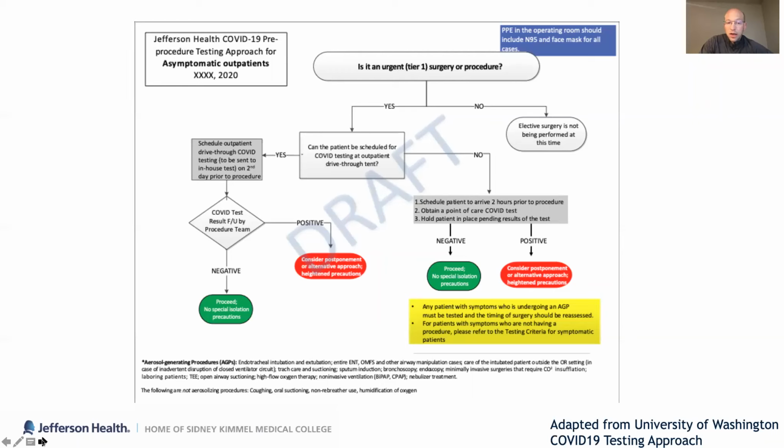We're considering anything that involves instrumentation of the airway. So anything that involves intubation, extubation, labor and delivery. So you can see that the definition of what's an aerosolized generating procedure has gone up dramatically, thus meaning that the testing is also going to go up dramatically. And you're going to be in competition with your colleagues to get access to this testing as you develop your policies. The one thing that would be noted is office-based procedures that are soft tissue, Mohs, small little skin excisions, things like that,